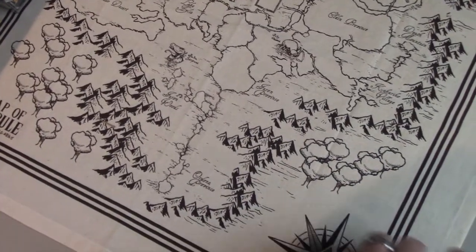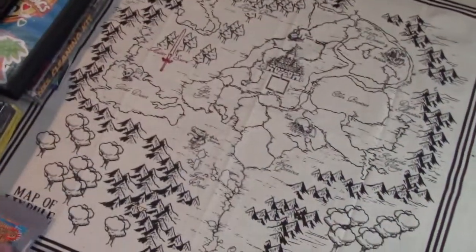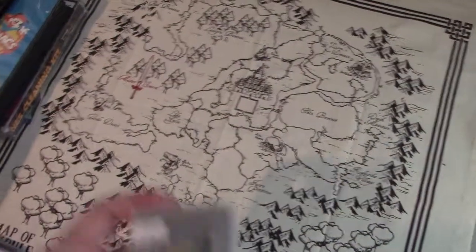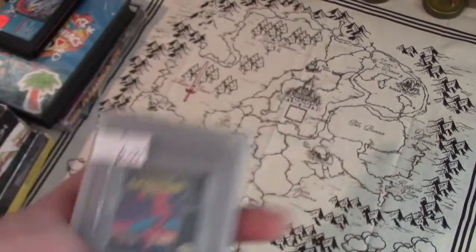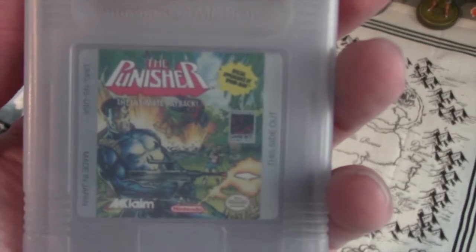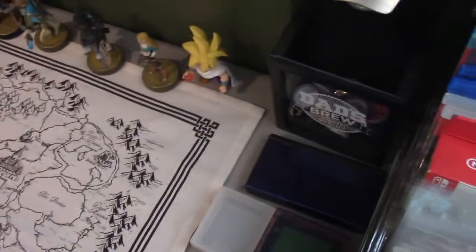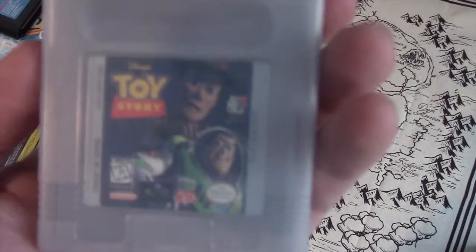Let's see here. Let's do this. More Game Boy games. We got Word Zap. We have, I think that's Heavyweight Championship Boxing. Got The Amazing Spider-Man. And The Punisher. Don't worry, there's more. There's always more of these Game Boy games. We got DuckTales, Toy Story,